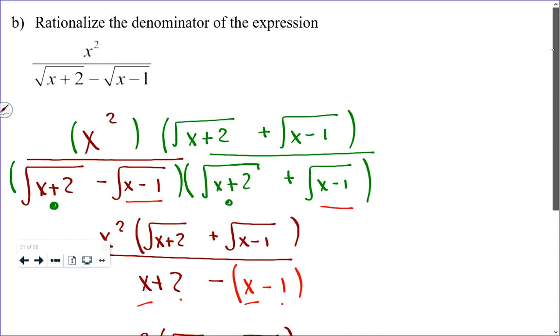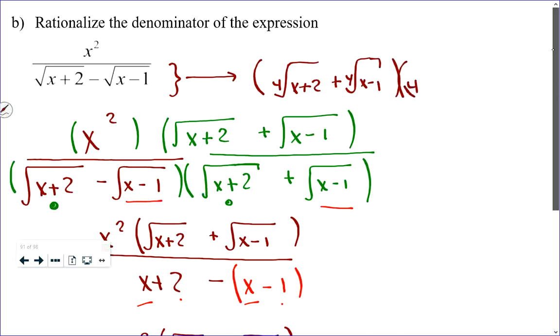And what that would mean is that this piece, if I did factor it as a difference of squares, would become that, which